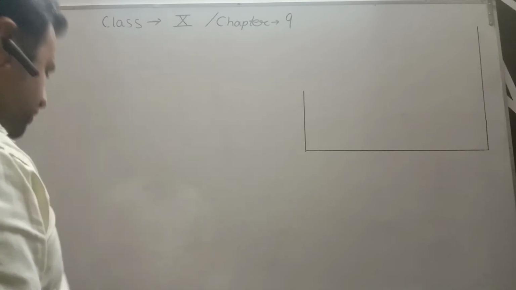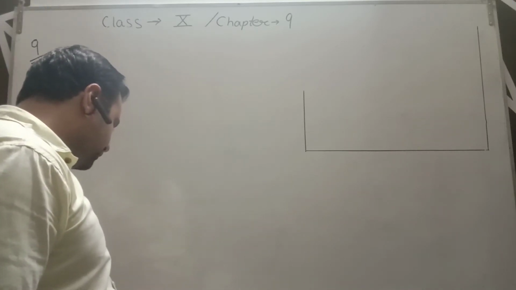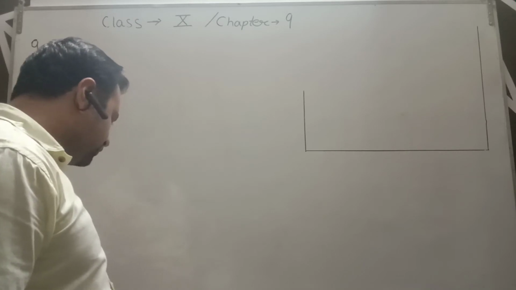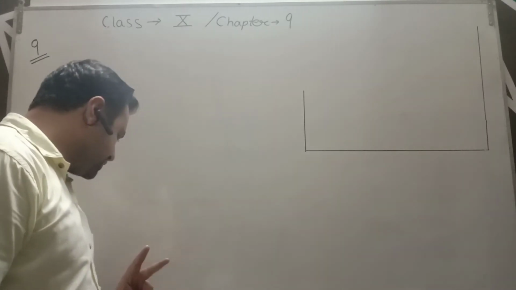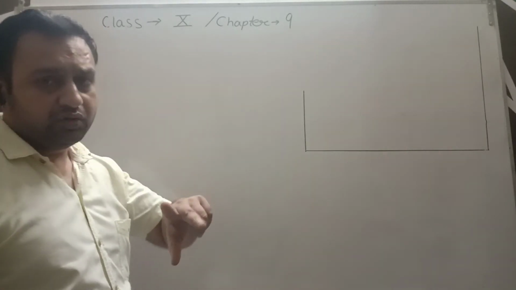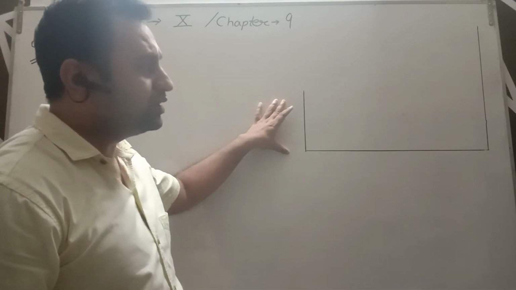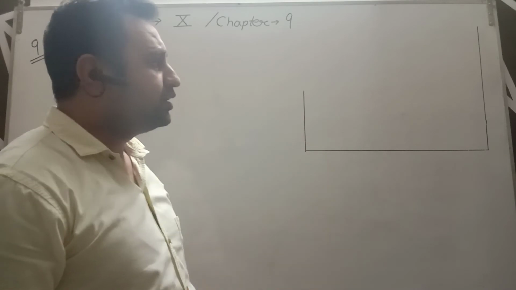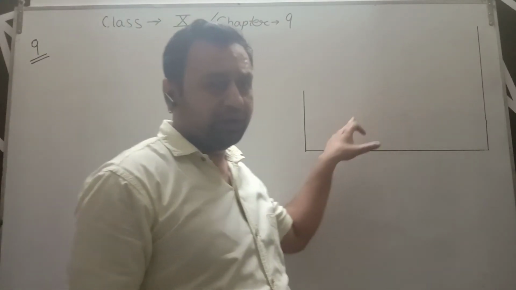Okay, now question number 9. In question number 9, the angle of elevation of the top of a building from the foot of the tower. In the question there are two figures. We have to represent a building and a tower. So you have to revise that. If in a question a building and tower both are given, then generally we draw the tower greater than the building.